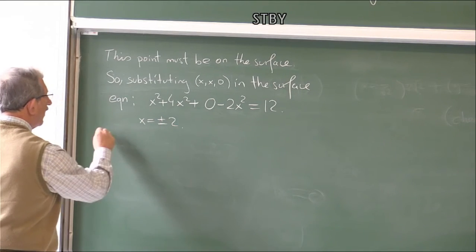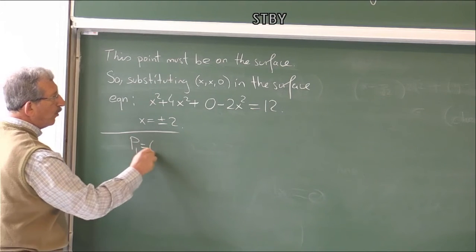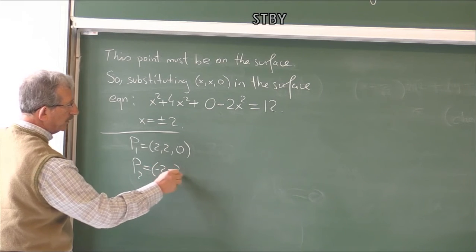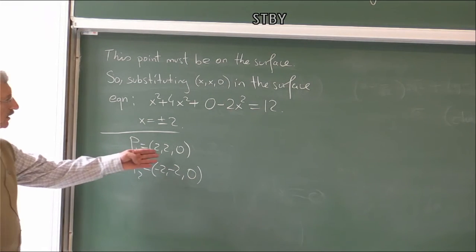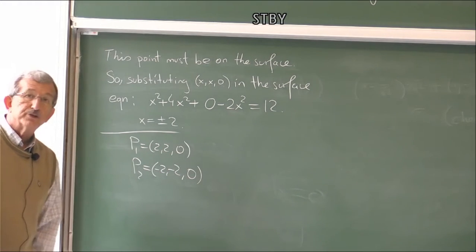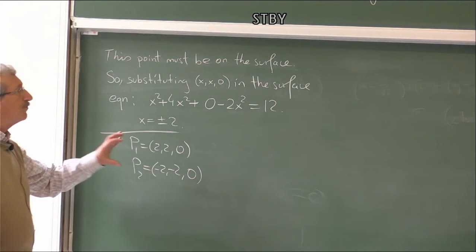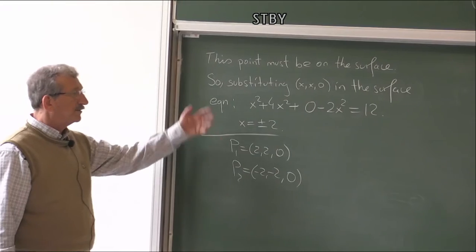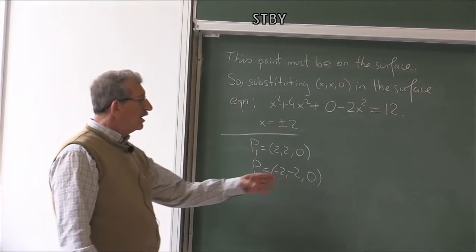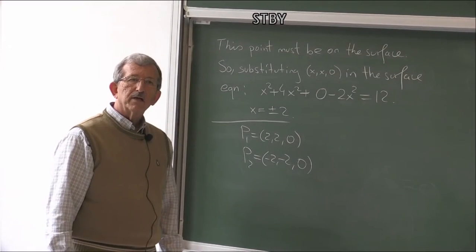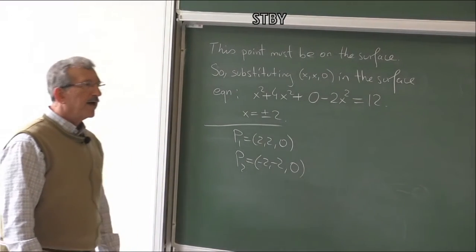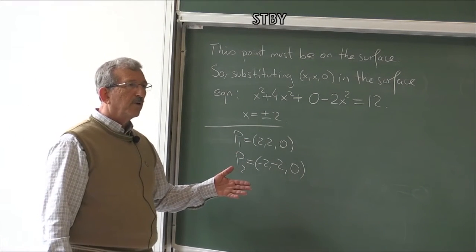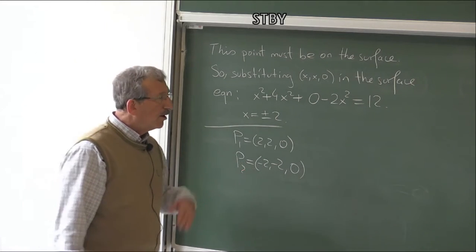In other words, there are 2 points in question. The first point is 2, 2, 0. The second point is minus 2, minus 2, 0, because x and y are equal and z is 0. So at these points, if you draw tangent planes on the surface, of course, they satisfy the surface equation, and you get tangent planes parallel to the xz plane. Okay, why at 2 points? Well, geometrically, we expect this because